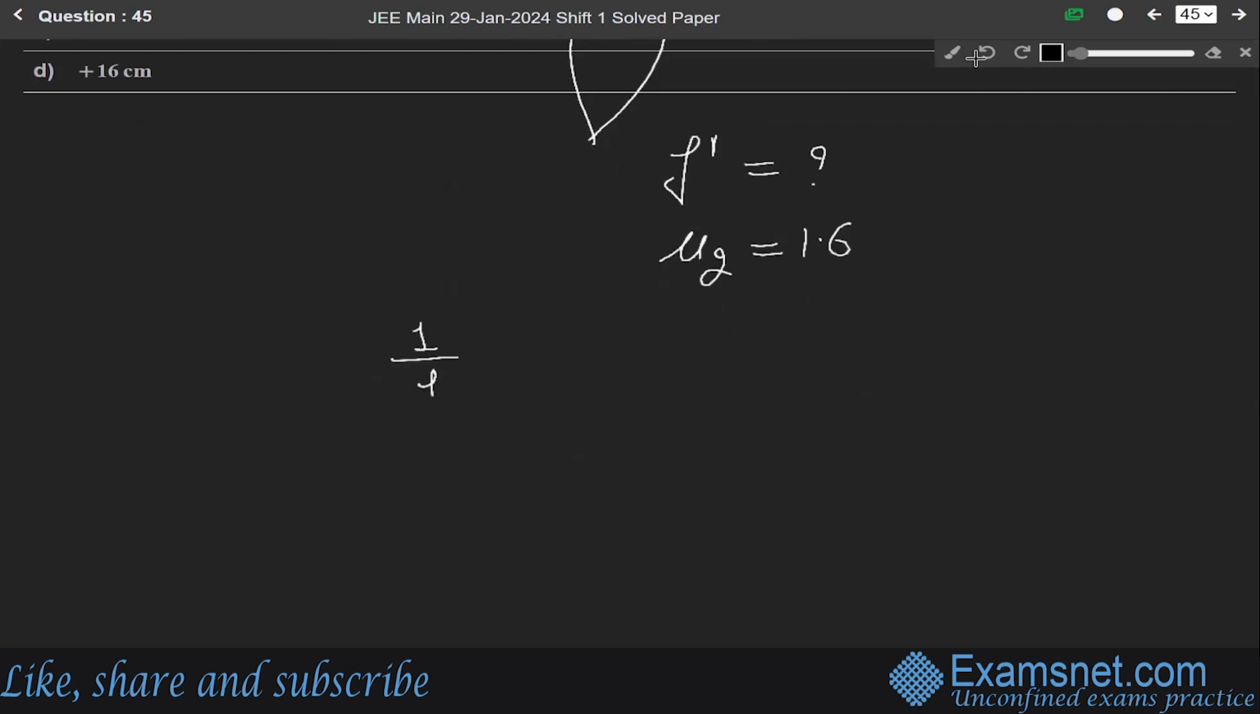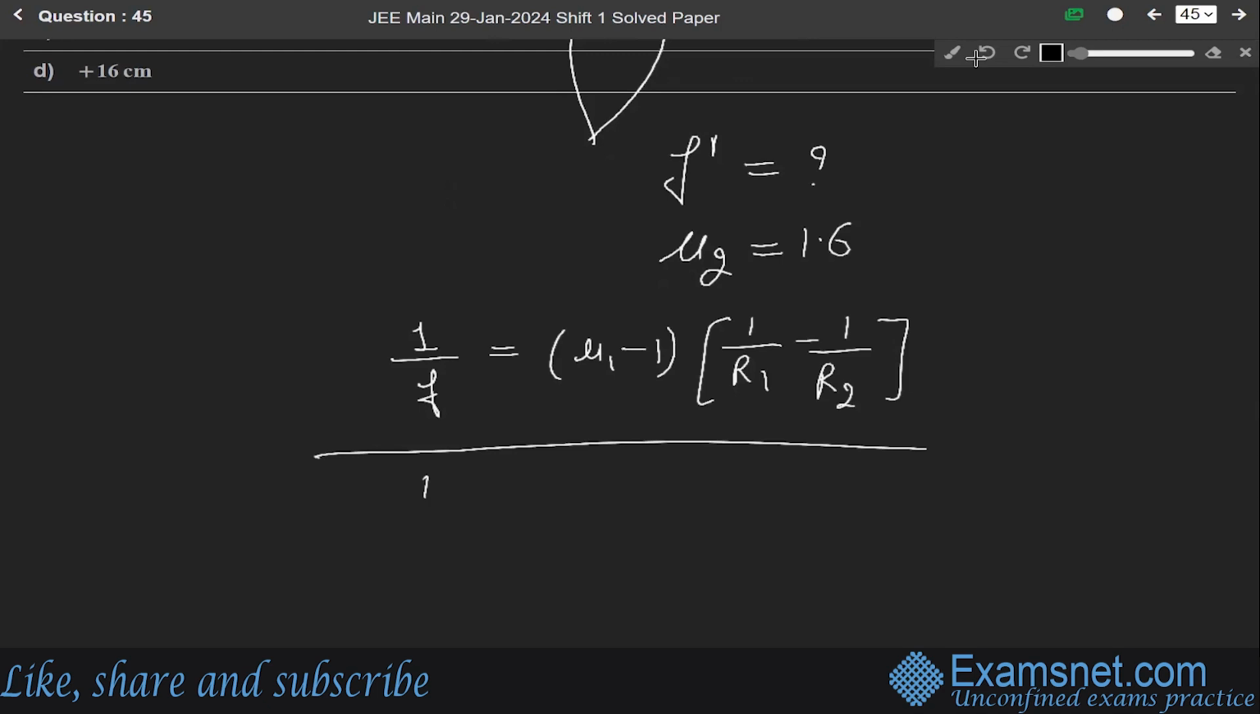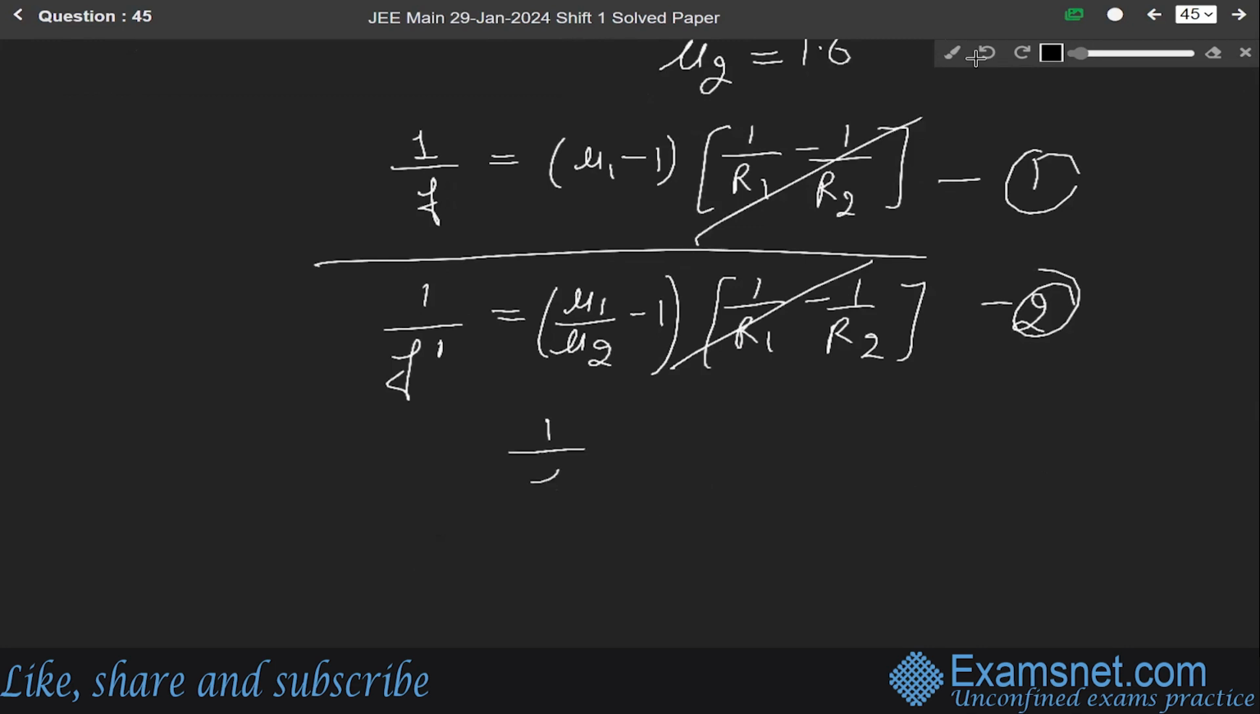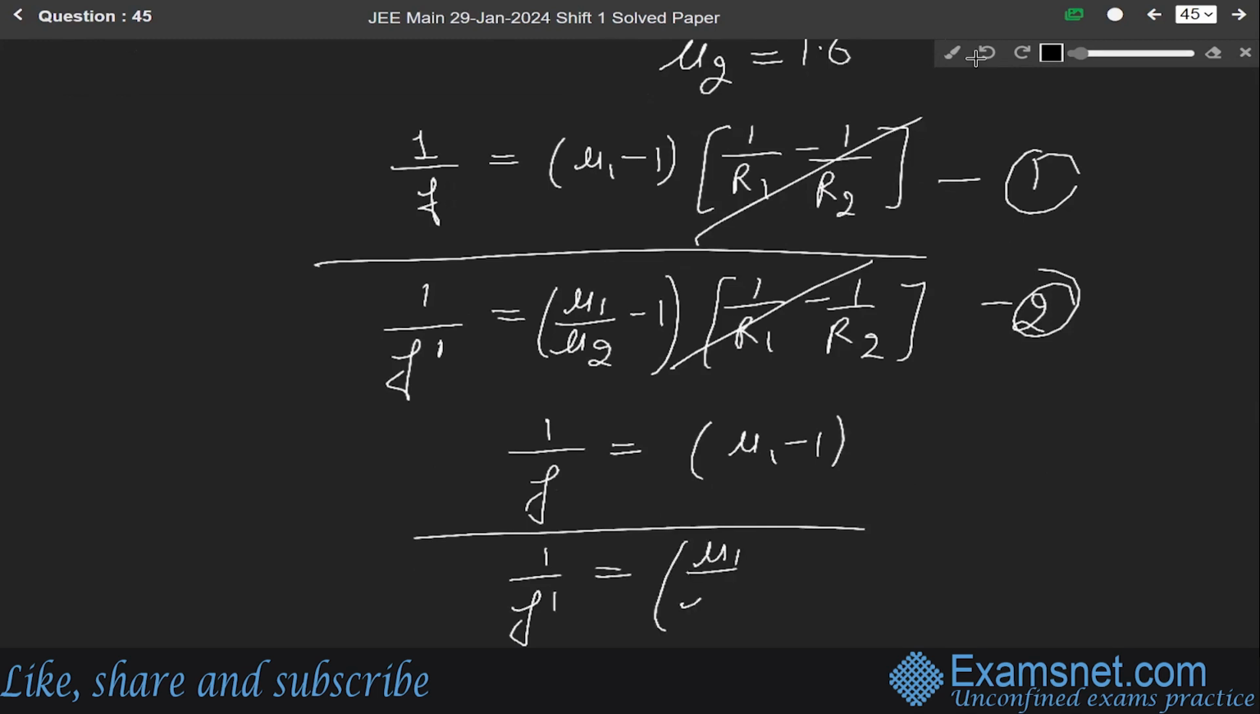The formula is 1 over f is equal to (mu1 minus 1) into (1 over r1 minus 1 over r2), and 1 over f dash, means new focal length, is equal to (mu1 over mu2 minus 1) into (1 over r1 minus 1 over r2). Now dividing these two equations 1 and 2, we get 1 over f is equal to mu1 minus 1, and 1 over f dash is equal to mu1 over mu2